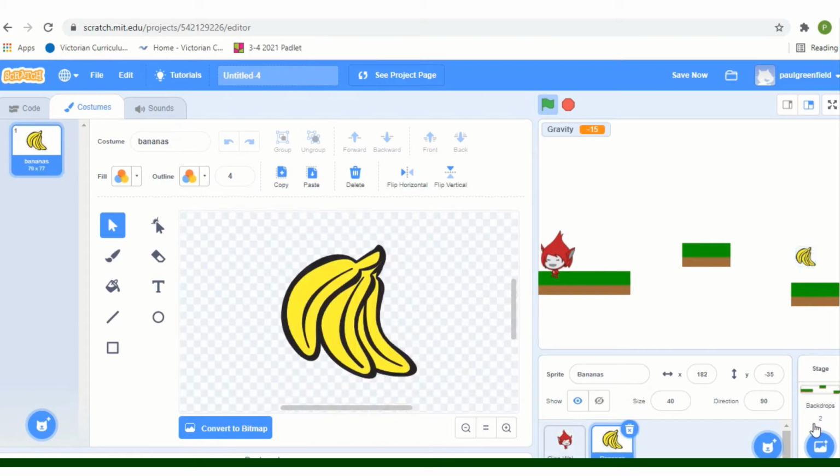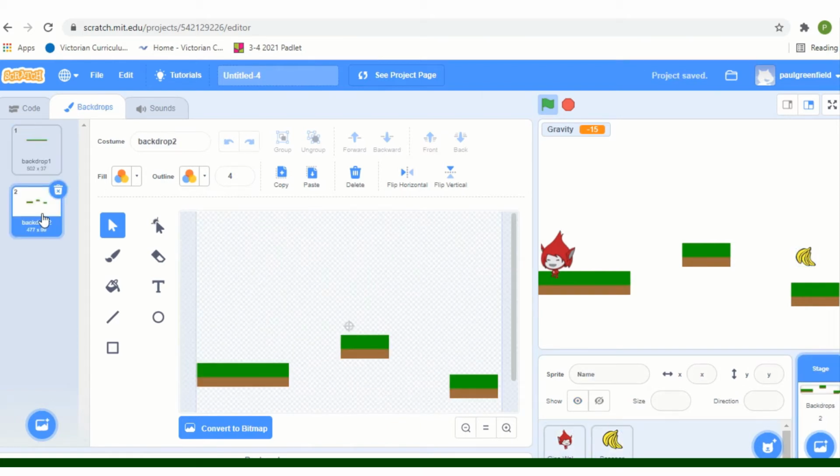Okay. Oh, it's because we're on backdrops. Now I've just drawn that level. Now we can go back, and you can draw as many levels as you want. If I go back to my code now,